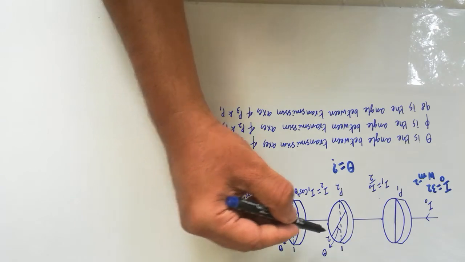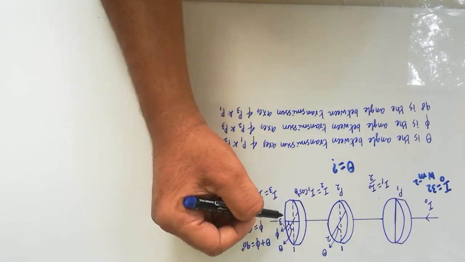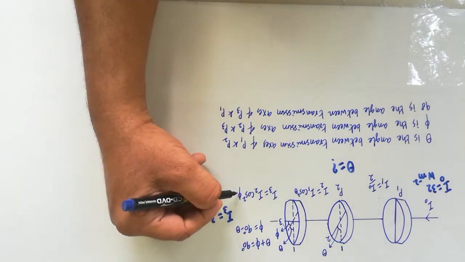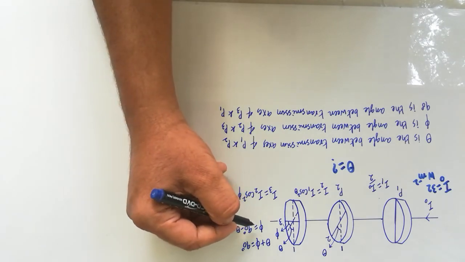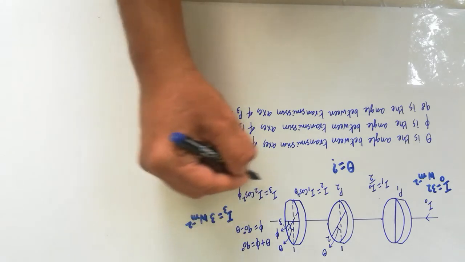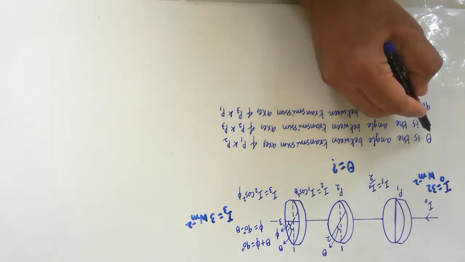Is it clear? With respect to the second Polaroid, if the third Polaroid is rotated, the angle between the third Polaroid axis and second Polaroid axis is pi. Now we know the value of pi. Okay. So now the steps are to be started right from here. I have written all the explanation about the angles.